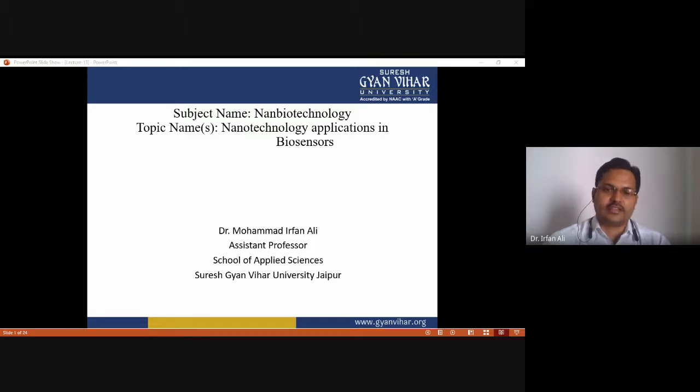The sensitivity and performance of biosensors is being improved by using nanomaterials for their construction. And you know that the main component of the biosensor is the transducer. The transducer is a key component of any biosensor or any sensing system. So the use of nanomaterials has allowed the introduction of many new signal transduction technologies in the development of biosensors.